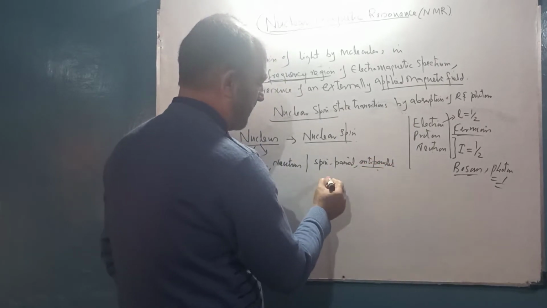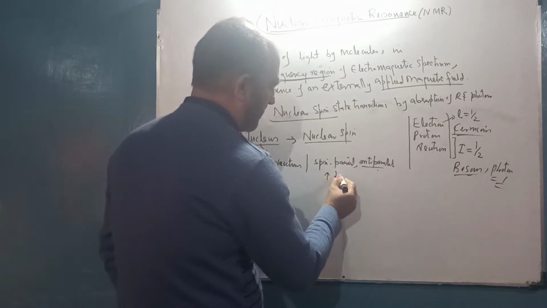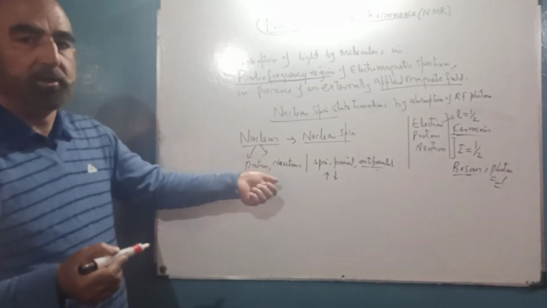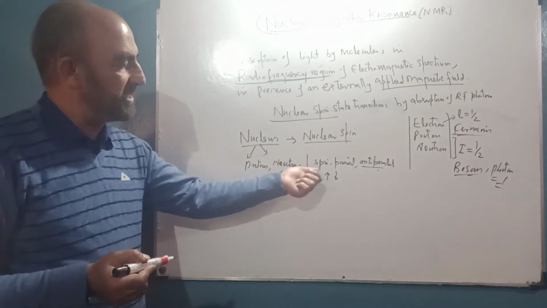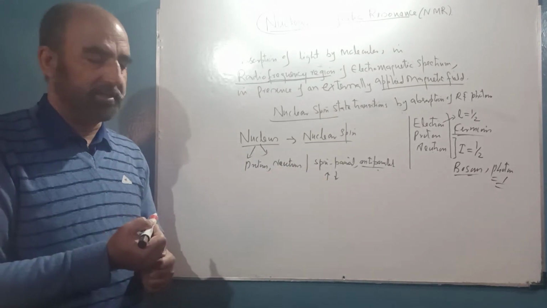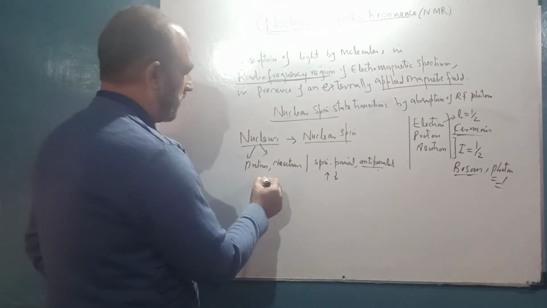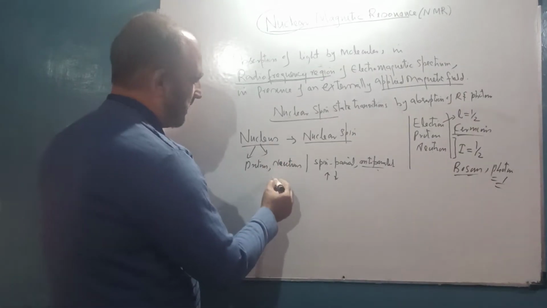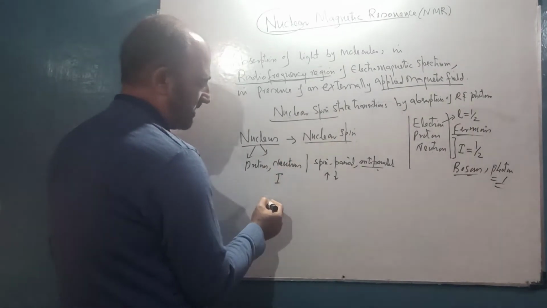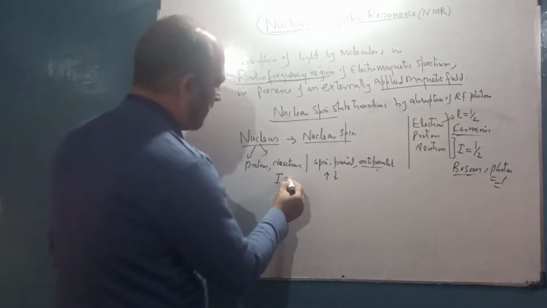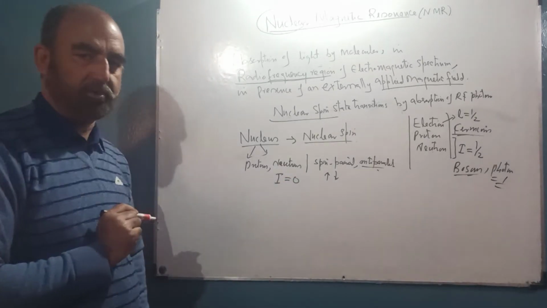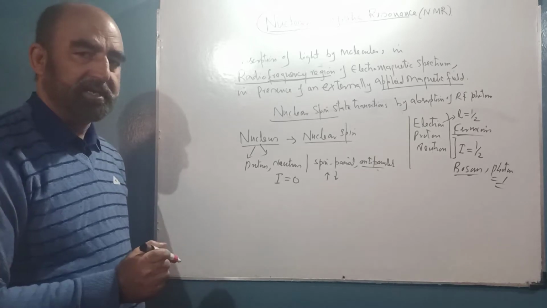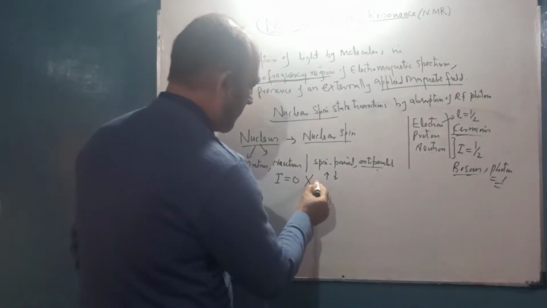That means if we say up spin and down spin. So if all the protons and all the neutrons have the paired spin, up spin and down spin, then the nucleus as a whole will not have any spin. So in that case, we write for the nucleus the spin quantum number I, it will be equal to 0. So it will take 0 value. And such nuclei are not relevant in NMR. They have nothing to do with NMR.